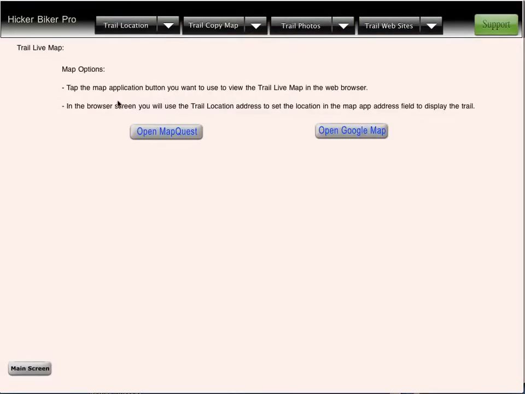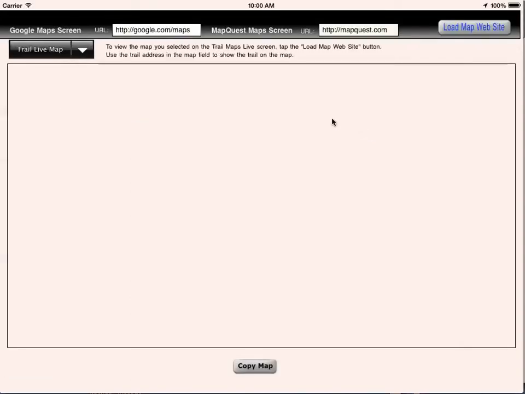In the Trail Maps Live, there's a little explanation of what you're going to do here. You're going to either pick MapQuest as your map that you want to use, or you're going to go to Google Maps. In this case, I'm going to use Google Maps, and I'm going to go into the application. And the first thing I want to do in Google Maps is to go ahead and click on the Load